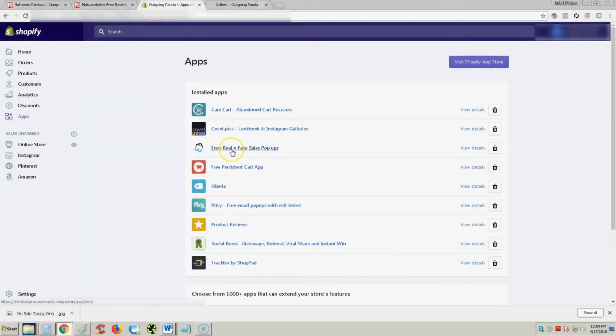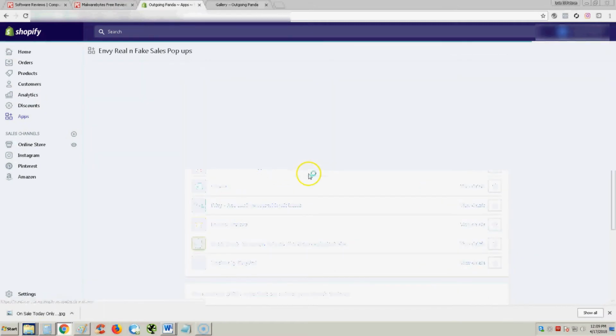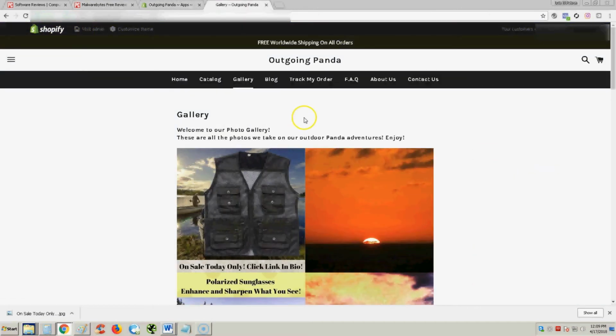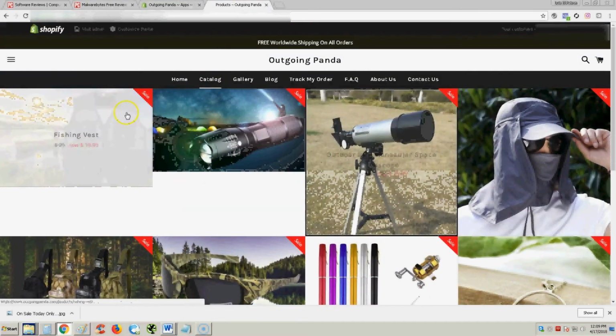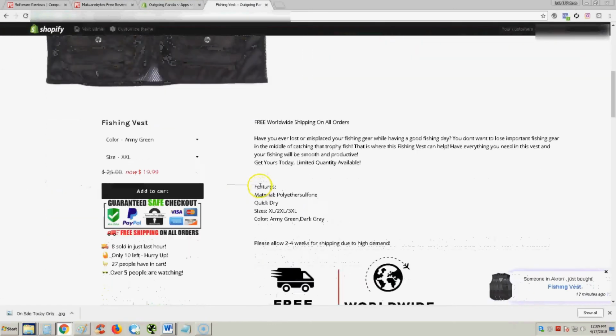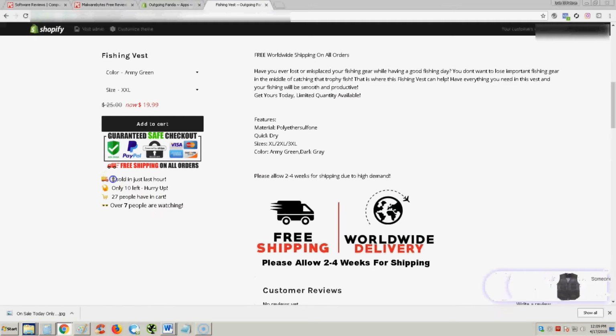And then the next one, of course, is the Envy Real and Fake Sales pop-ups. This is awesome, guys. I really like this thing. And I have it all set up right here. Let me show you how that works. So if we go to our catalog, let's open up that fishing vest. What I like about this, right here it shows sold in last hour, only 10 left, hurry up, 27 people have it in cart, over 7 people are watching. So that hurries up the